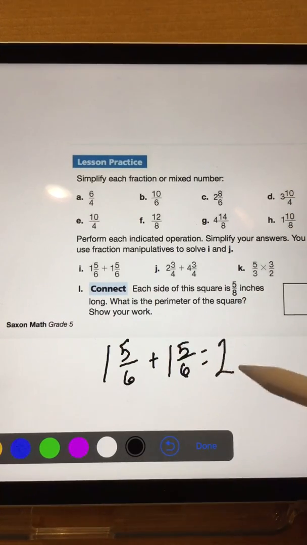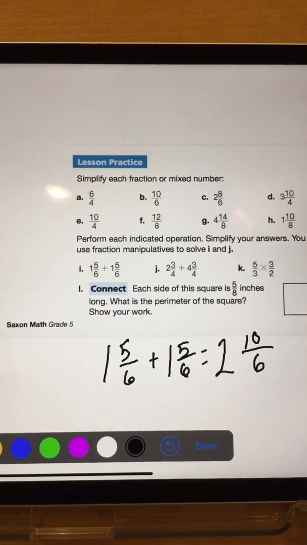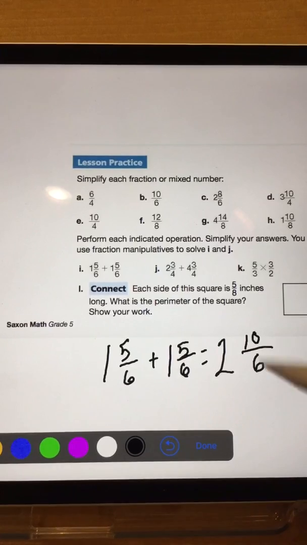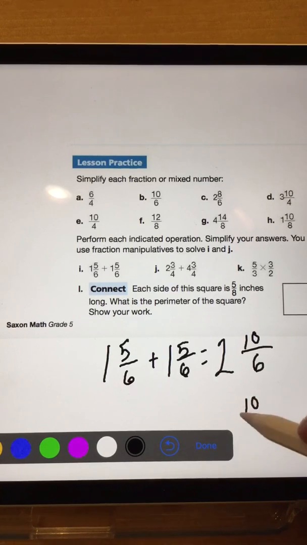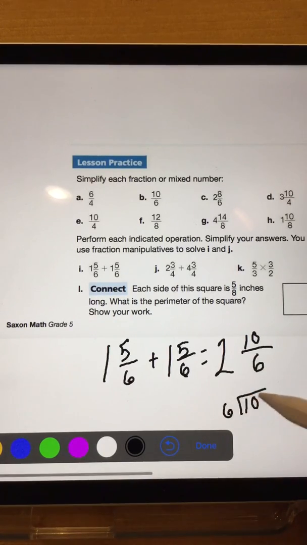I get 2. Next thing I'm going to do is add my 2 numerators. I get 10. And then my denominator stays the same. How many parts it is broken into stays the same. So I have the improper fraction of 10/6. I divide 10 by 6. Now I know that some of you can do this in your head, and that's okay. 6 times 1 is 6. I subtract, I regroup,